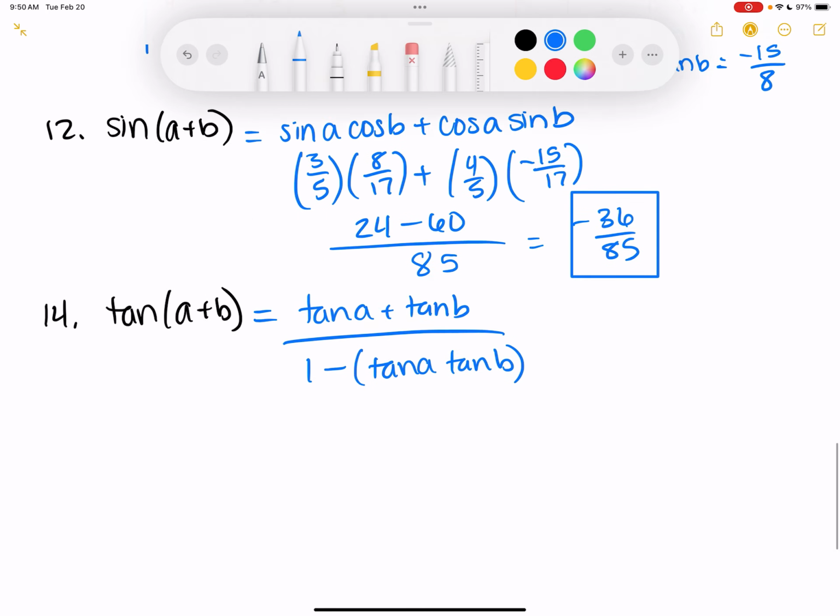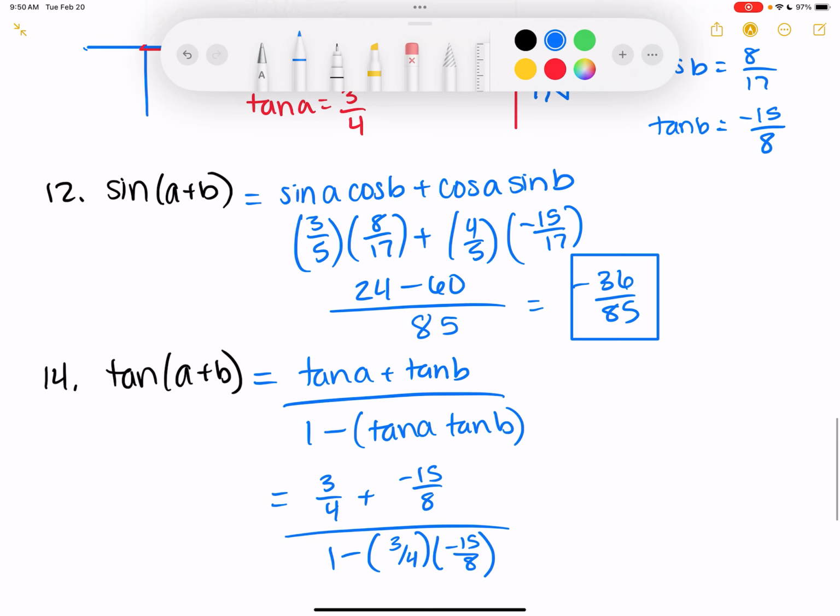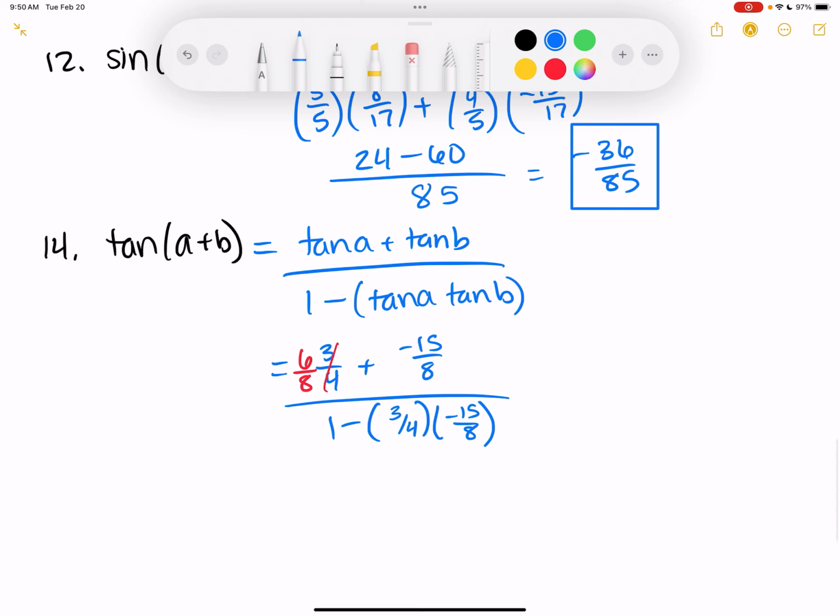So tangent of A, 3 over 4, plus tangent of B is negative 15 over 8, over 1 minus tangent of A, 3 over 4, times tangent of B, negative 15 over 8. So I would just rewrite as a common denominator all in the same step if I can. So I'm going to rewrite this as 6 over 8. So I've got negative 9 over 8 over,